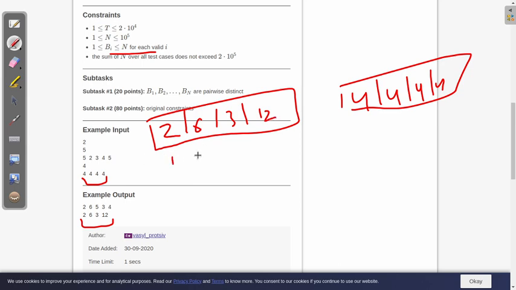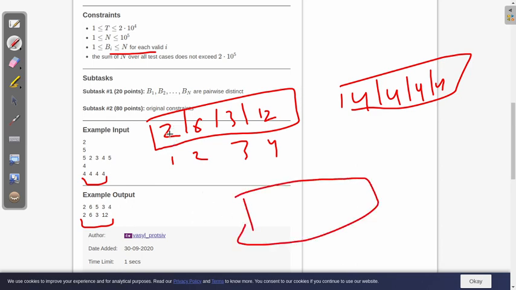Let's index these elements 1 2 3 4. Looking here, 2 is divisible by itself, it is divisible by 6 also, it is not divisible by 3, but it is divisible by 12, and 12 is the largest element, and the index of that element is 4. So we simply put 4 here.